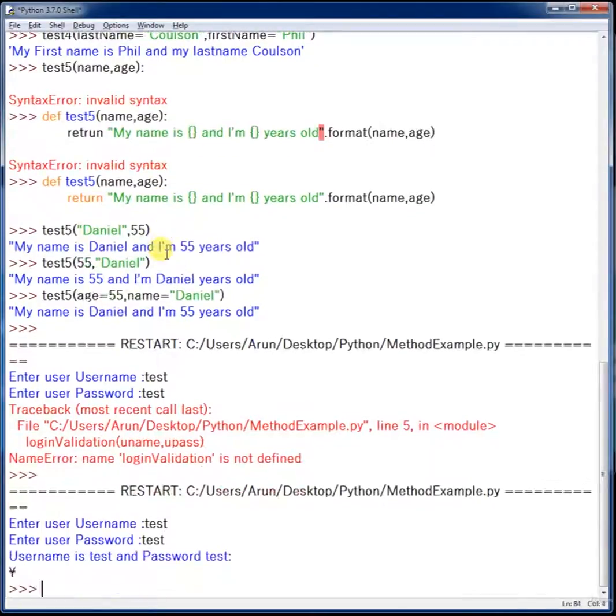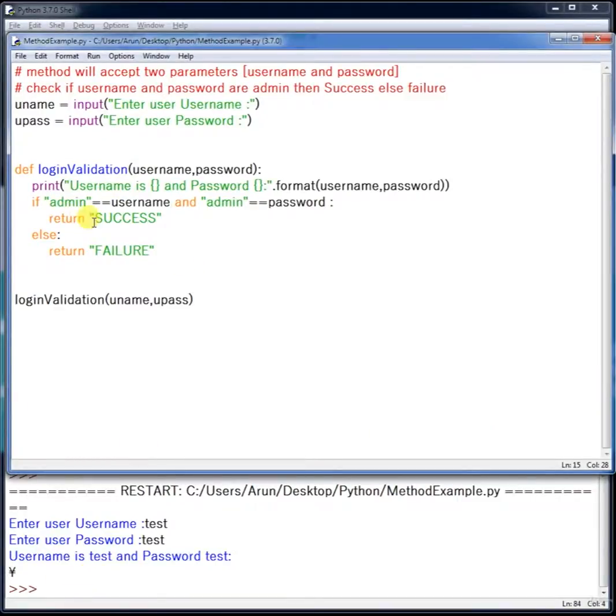Test and test. Now we got the username is test and password is test. But what happened here? One second. Okay, we don't see any response here. The reason is, let's go back to the script. Here, if my username and password are correct, then I will return success, or else I will return failure. So we need to capture those into a variable response